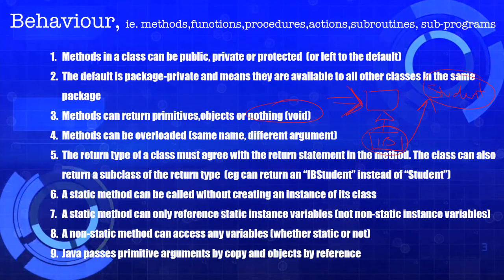A static method is, you can think of it as being stored within the class, not within the object, and it can be called without even making an instance of that class. So even before I create a student, I can say something like student dot get report list, or whatever the method is. A static method refers only to one copy. In other words, a static method